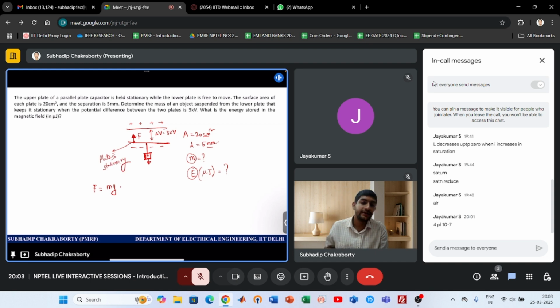There is no other mounting mechanism. This plate is held by some means. Obviously, they have to be maintained or separated. And the other one is just hung freely by a mass. So it is not moving due to the mass being hung, right? So F equal to mg,